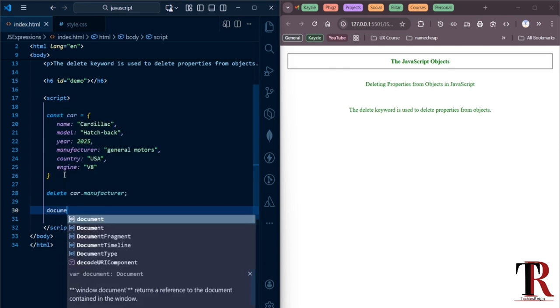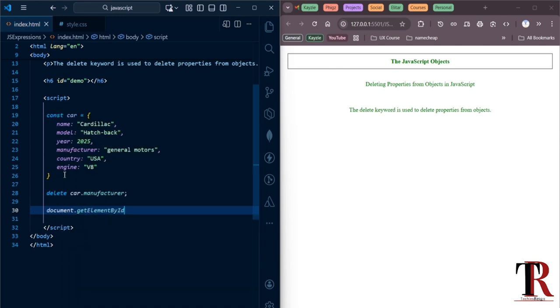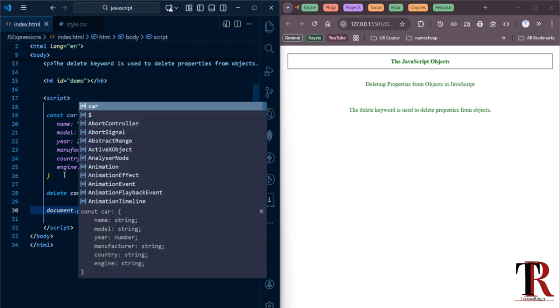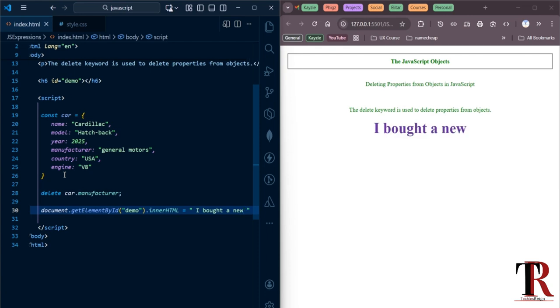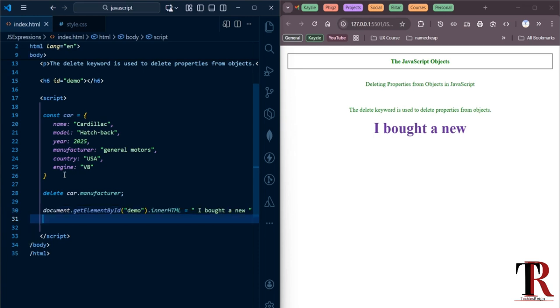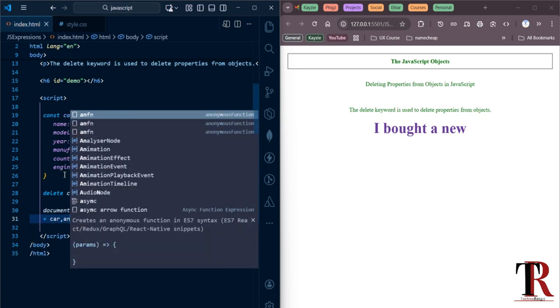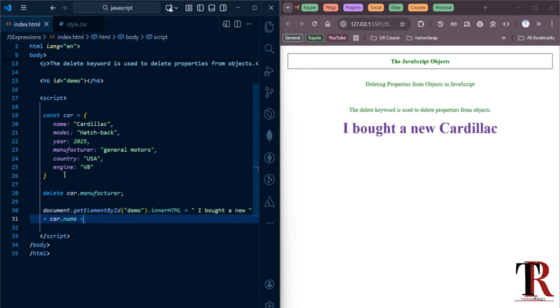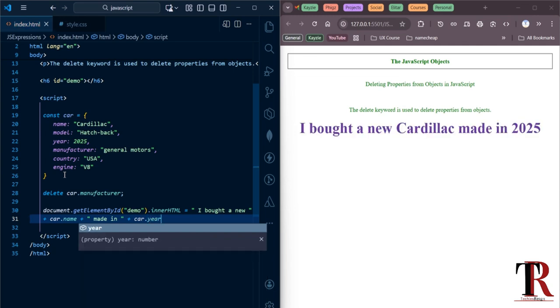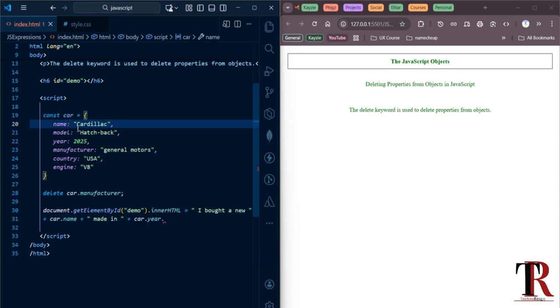And I can then output my result to let you see what I mean. Now, if you take a look at my screen, you can see